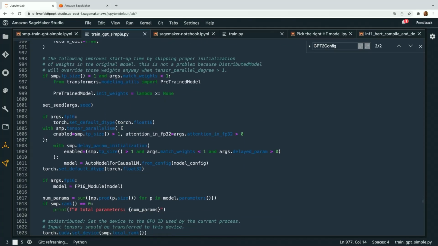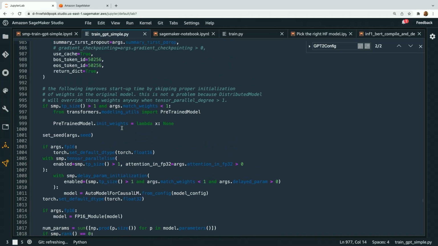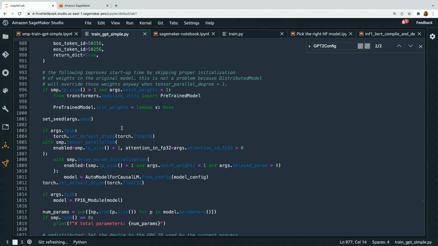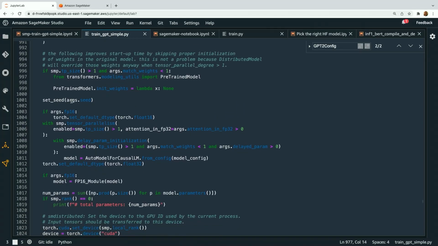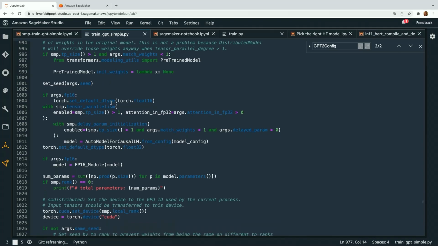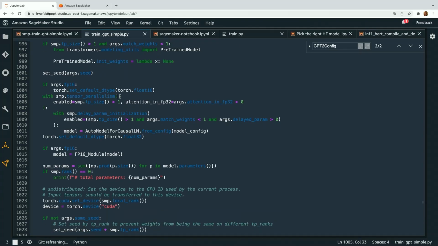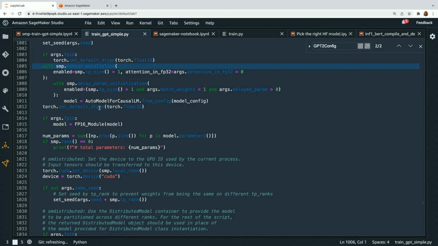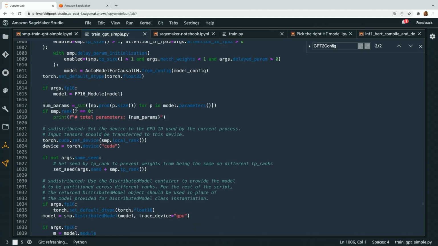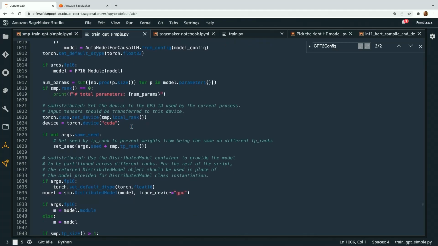And then we're going to load that in. So then we're just going to set our seed. We're going to turn on tensor parallel right here, with smp.tensor_parallel, get that turned on. And then, again, if it's the main rank, just print out the total parameters.